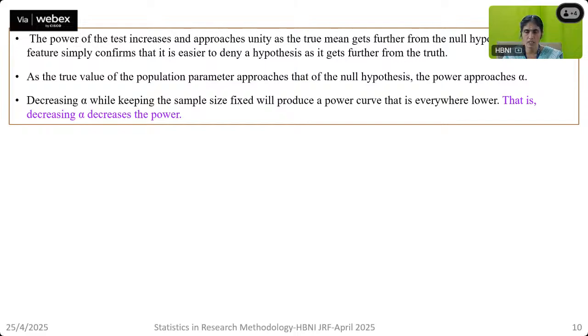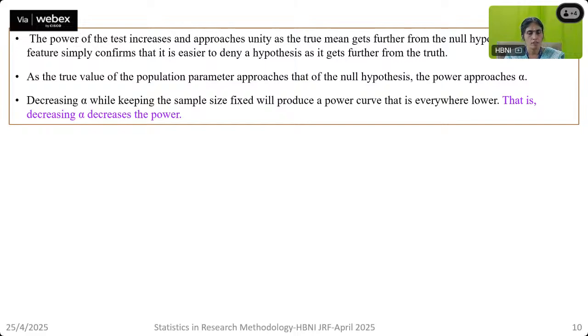If we want to differentiate between two values, that ability to see those values differently is the power of the hypothesis test, whether this particular statistic is able to differentiate between the two. And as we repeatedly saw, as the true value and the mean value coincide, the power of the hypothesis test approaches alpha. So that will be the minimum power attainable by any such